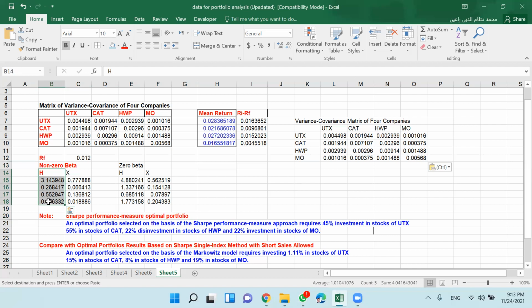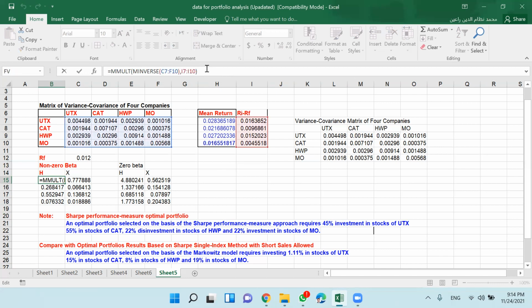So we have 4 H values that we have to calculate. And this is calculated in the same way, we multiply 2 matrices. One is the inverse matrix, which is this variance covariance without any change. Variance covariance matrix, and I think in financial modeling, you do go through this portfolio. Okay, I remember in financial modeling.